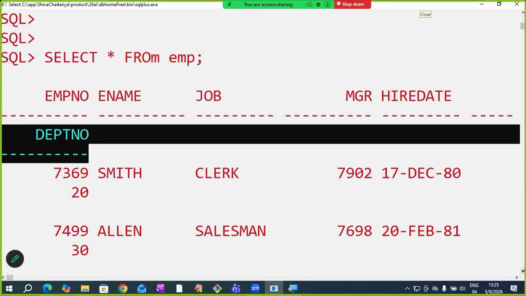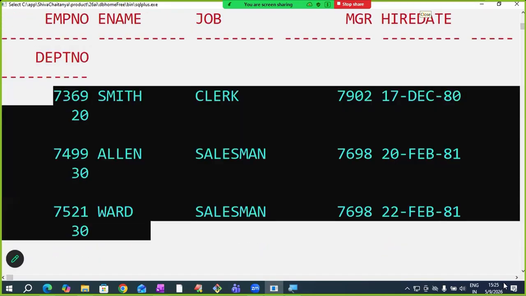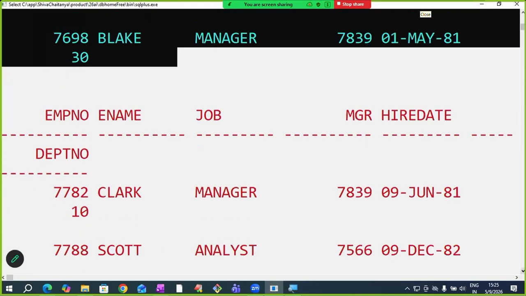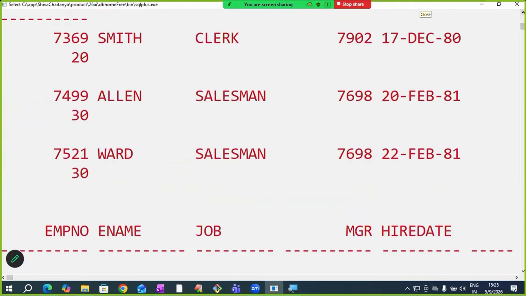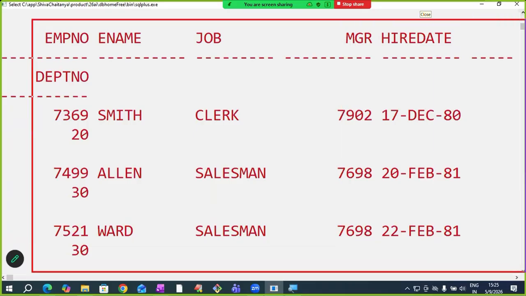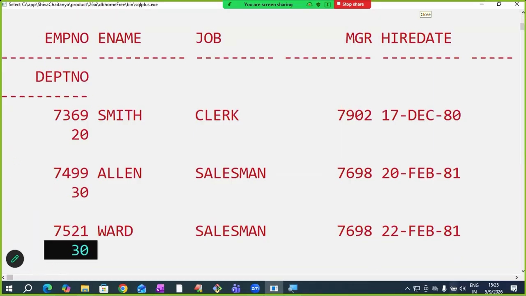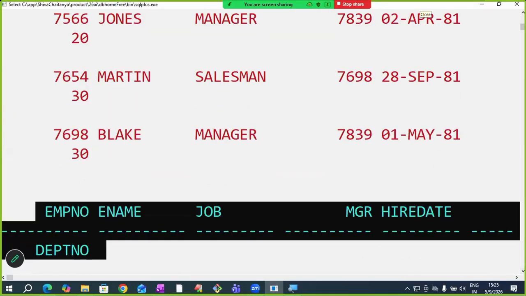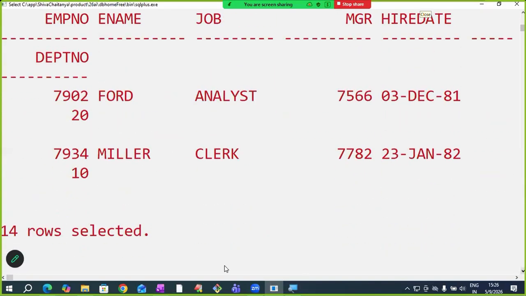Okay, next. Notice here, one more point I'm telling. After 3 records, again I'm getting column headings. For every 3 records I'm getting column headings. Why like this? Because page size is 14. When it displays column headings, this is one page. This is the first line, second line, third line, like this. How many lines are there? 14 lines. 14 is the page size. 14 size is over here, that is why it is displaying column headings again. Again 14 size is over, again displaying column headings. In one Oracle page, it can display 14 lines only.